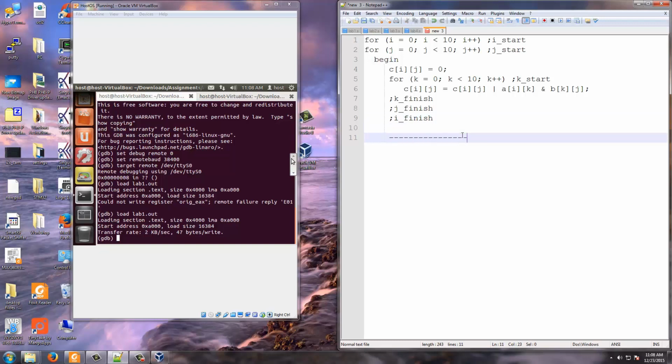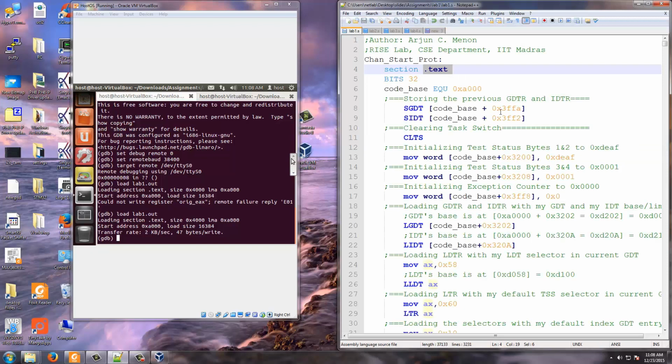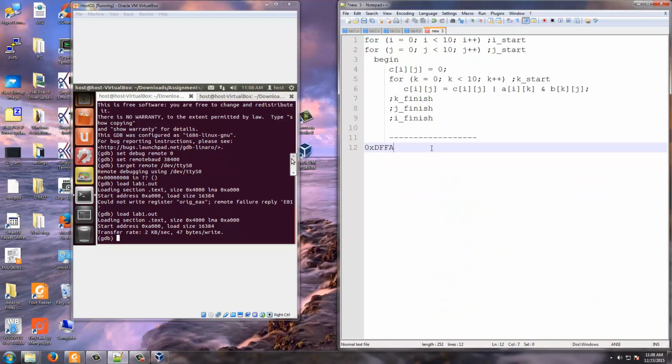So I start from here again. In 0xDFFA, you are in line number 8 here, we will be storing the old GDB's GDT start address plus limit.